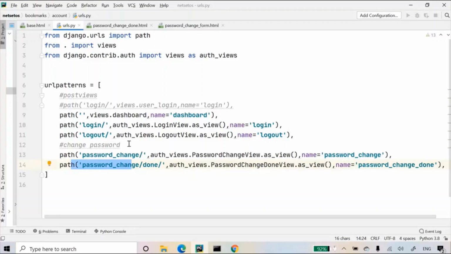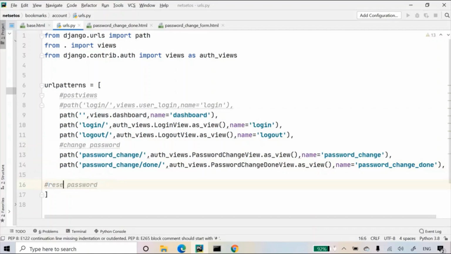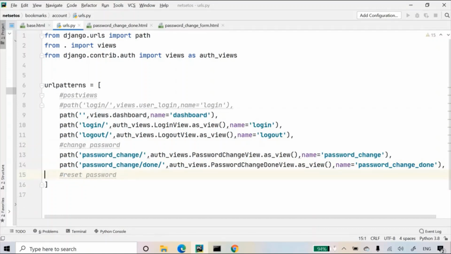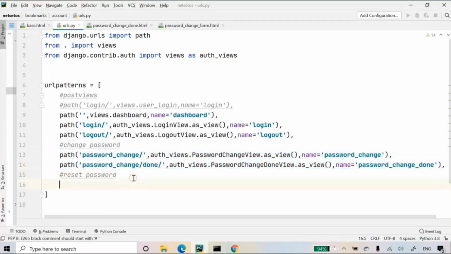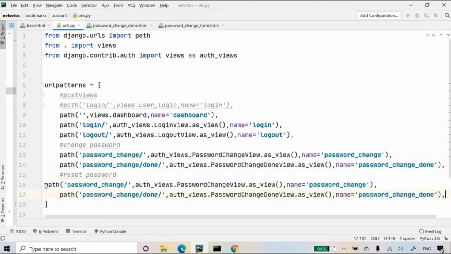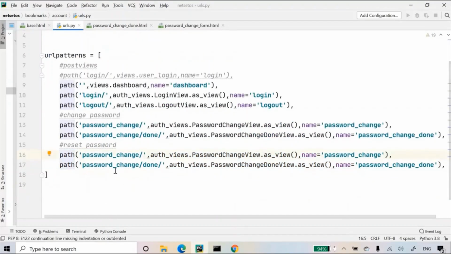So here I'll name it reset password. So for resetting password, first I need to make for resetting password and for the path after resetting the password. So for that I'll take the help of both. I'll copy over here and we'll make few changes over here. So first is password_reset,